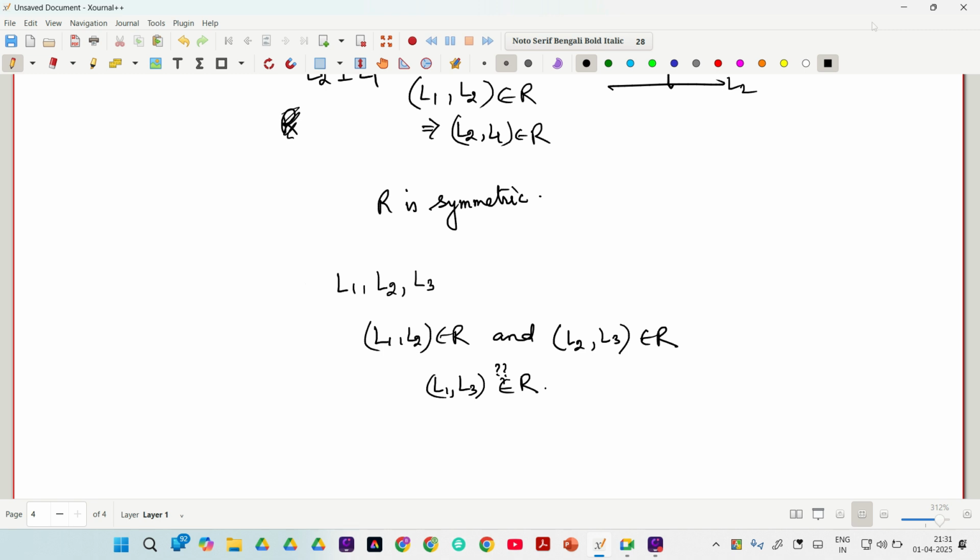Actually, we can construct such L1, L2 and L2, L3 such that L1 and L3 are not perpendicular. In common sense, we think that if L1 is perpendicular to L2 and L2 is perpendicular to L3, then L1 and L3 are also perpendicular. But this is not true actually, because suppose this is L1